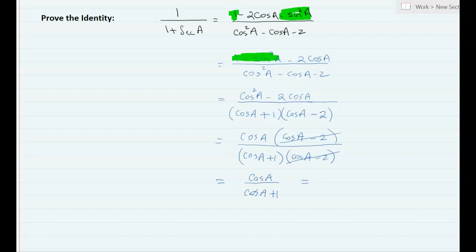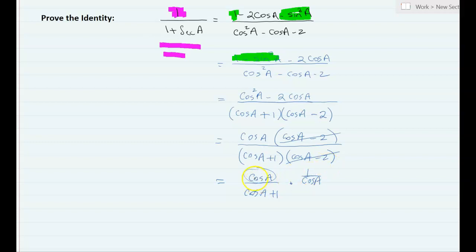All right, now that you look at the original, which is right here, this is the original left hand side, notice that the numerator right here is 1. That means we need this cos a to be 1. So what should we do to make that 1? And whatever we do, we have to do it to the denominator, because we cannot change the value of this rational expression, so we can multiply or divide by 1. So to do that, we're going to multiply the top by 1 over cos a,